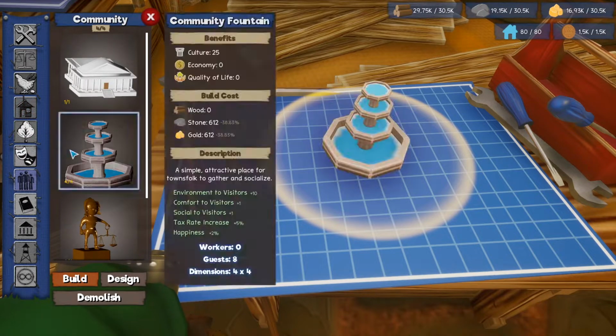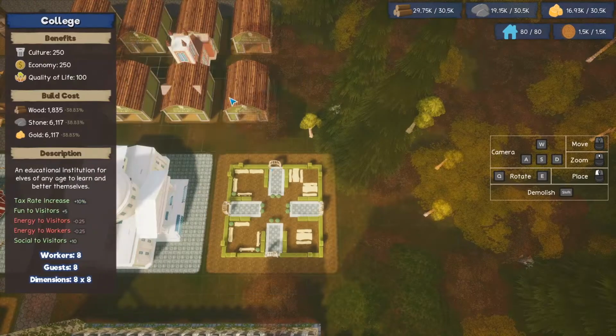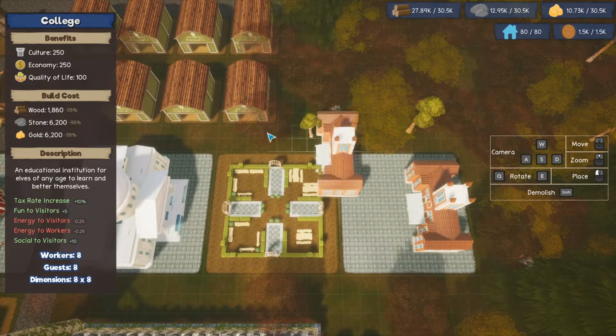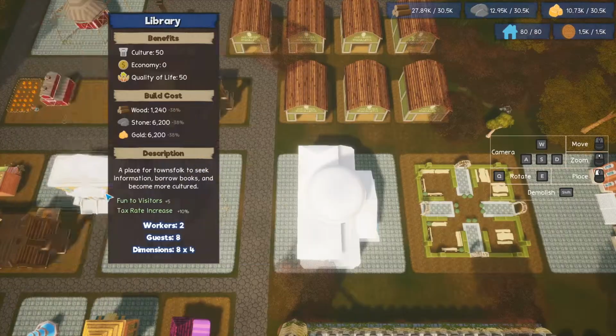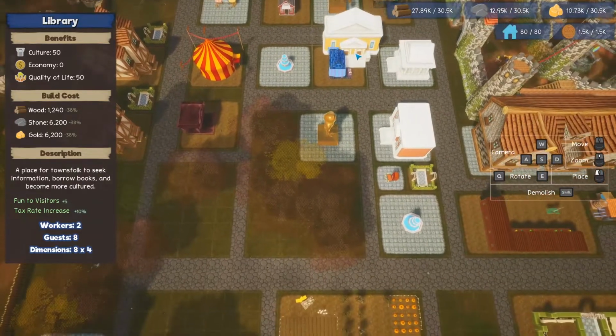I hope I've got enough resources for all of this. Education. College. And that's about the same... Yeah, that's lovely. That's going to be nice. Okay. And then I would like to also build a library, because we don't have one of those. That can go...